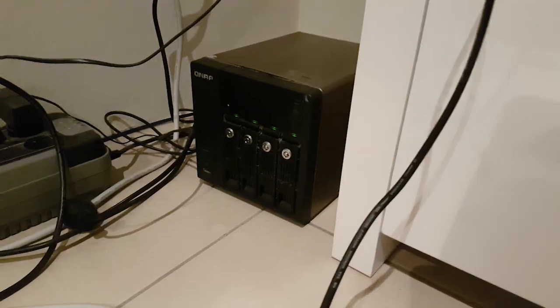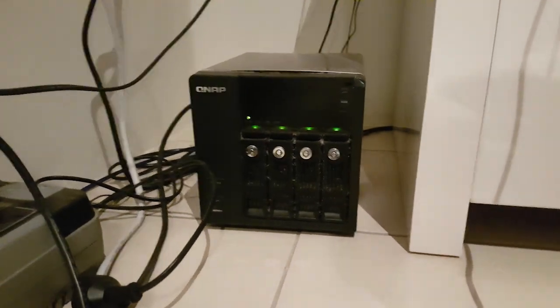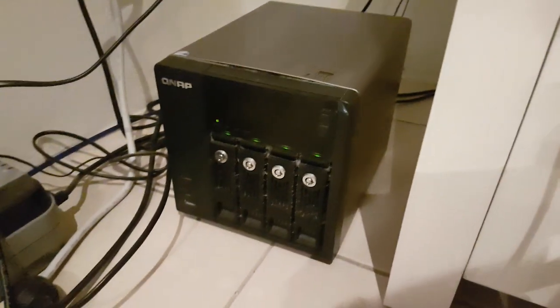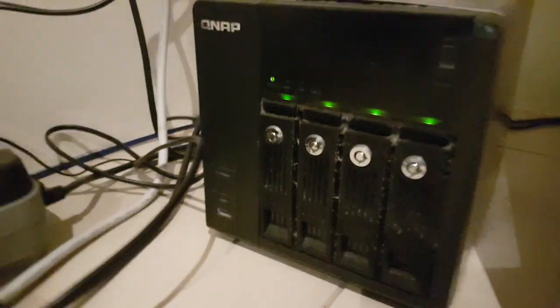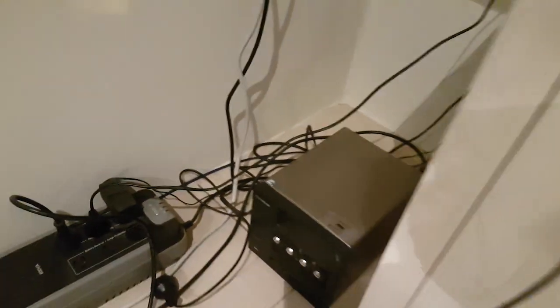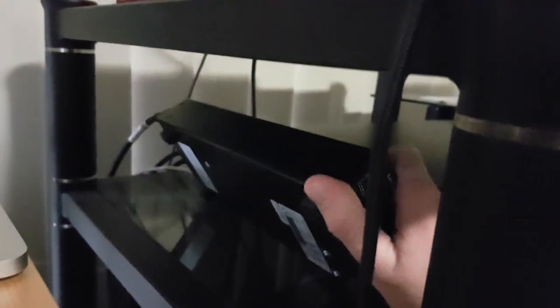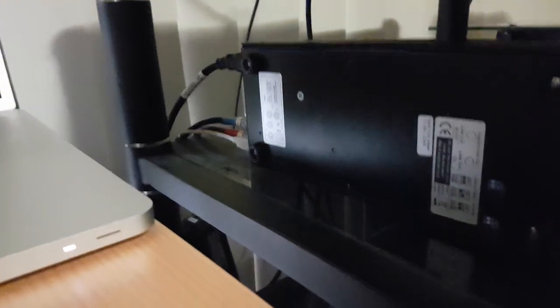This is a Blu-ray player / network player connected to this dusty mess in another room. Ugh, I need to clean that out. Basically, it's in a different room because, listen, I don't have to put up with that in my own room, so... my headphone amp. Unfortunately, the headphone amp is strictly...